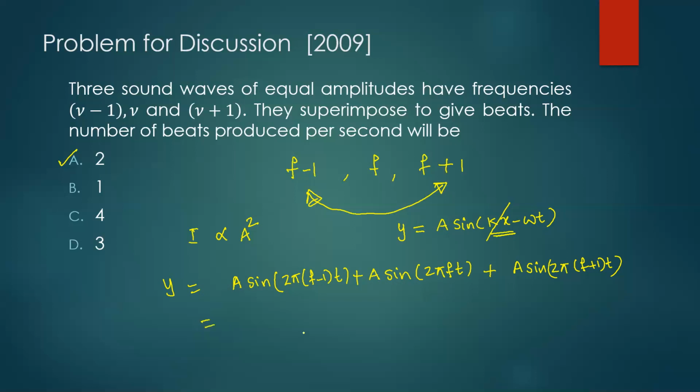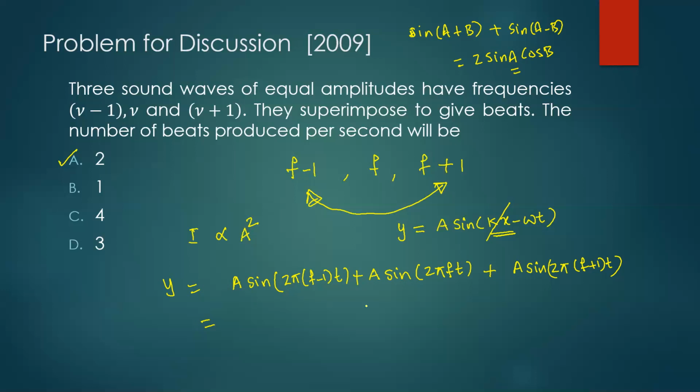Now, if you use your basic trigonometry, let's say I add first the first term and the last term. You know these, right? Sine(a plus b) plus sine(a minus b) will be 2 sine a cos b. You know this. So how is that a obtained? You add a plus b and a minus b, and then divide by 2.